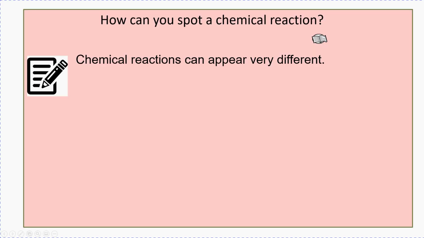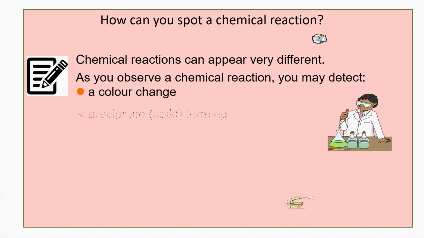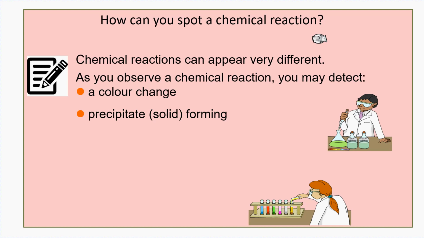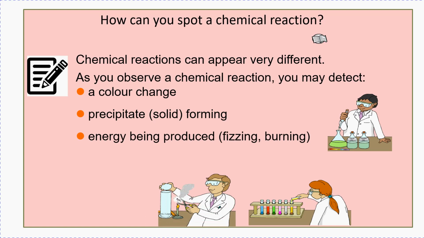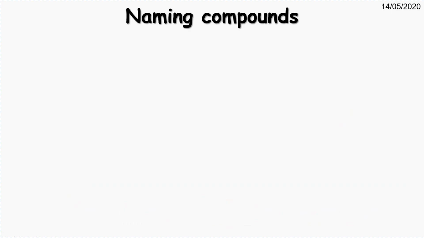Now we need to try and figure out and decipher what these formulae mean, okay, and how compounds are actually made up. So if you have a chemical reaction that forms a compound, you get different clues as to there being a chemical reaction. Okay, so you might see a colour change, you might see a precipitate. Sometimes you add 2 liquids together and it will form like a jelly. That's called a precipitate. You might see energy being produced. So it might fizz, it might give off some steam, it might get warm, it might get hot, it might get cold. Okay, so changes in energy are a sign that a chemical reaction is happening. You might notice a smell. So all of these are clues that a chemical reaction has happened. Okay, so you've made a compound.